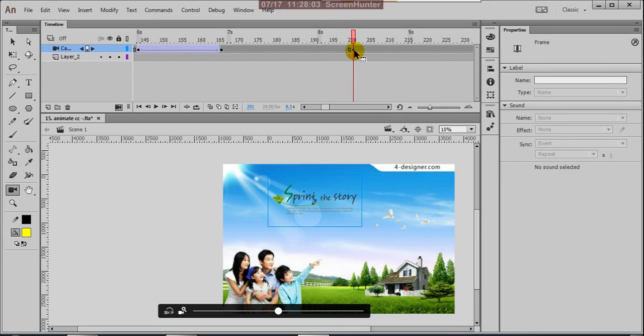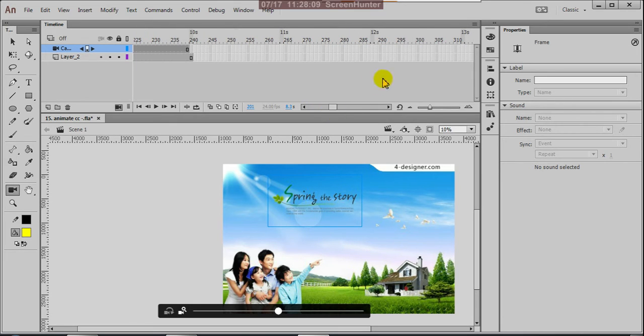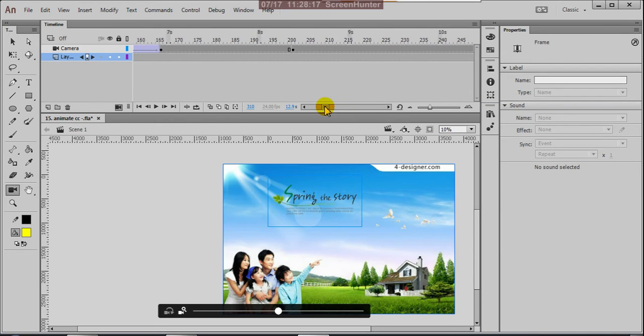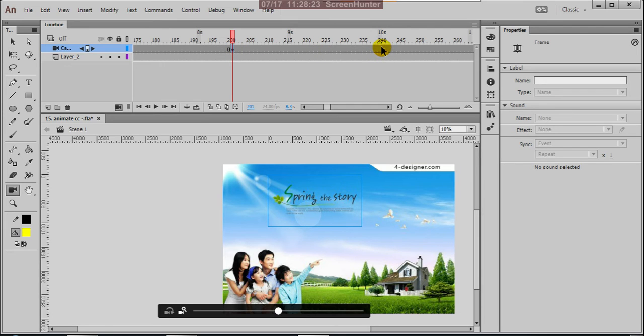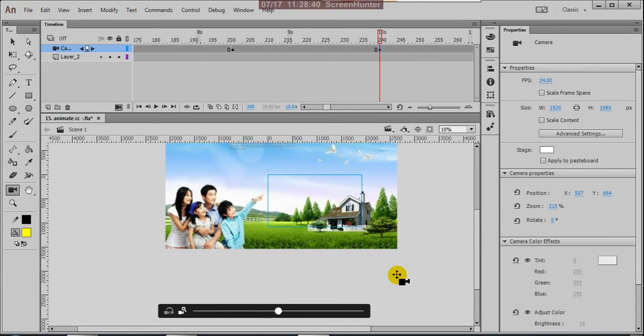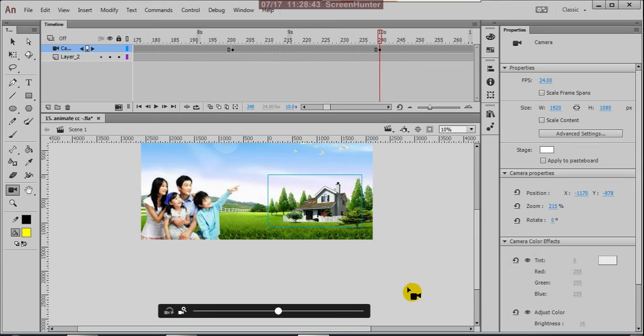Insert keyframe. Okay, then what we do, you can extend this up to here. Insert frame. Yes. So next, here insert keyframe. Okay, so there what we do, we drag this camera onto this house, the beautiful house.